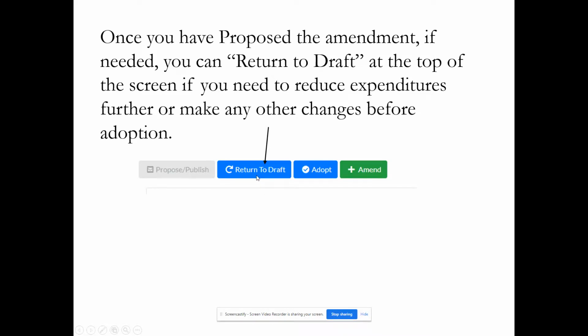Again, it's going to open up your amendment for you so you can make any changes you need to do. Once you're done making your changes, you do need to save again, and you would need to propose publish again just to keep it moving through that process. If by chance you're just making a simple change and it wasn't a change to the publication information, then you'd leave that same publication information in there when you propose publish.